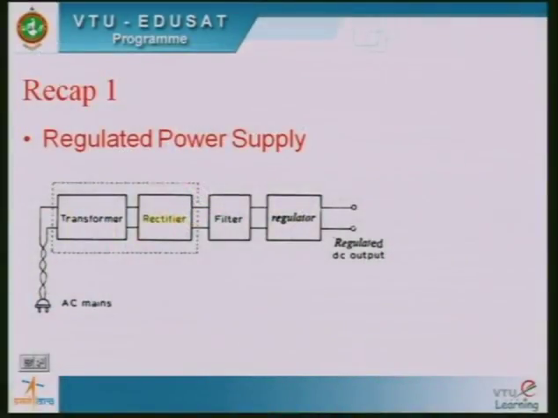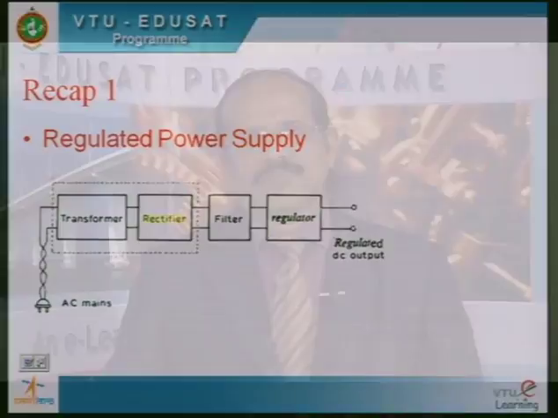We have seen in the last class a discussion about a regulated power supply. We make use of this particular supply even for the laptop charger, maybe even for the mobile charger, and so on. All the semiconductor devices require a DC power supply. However, the available power is AC, so we need to convert this AC signal into a DC signal using